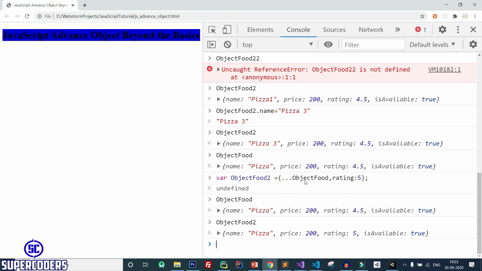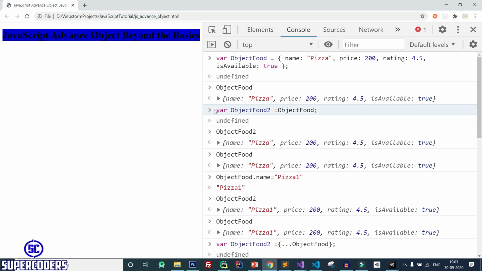So in this way you can use the spread operator to copy the data into another object. Now let's work in our JS file. So copy this and add it into the JavaScript file. So simply copy it.